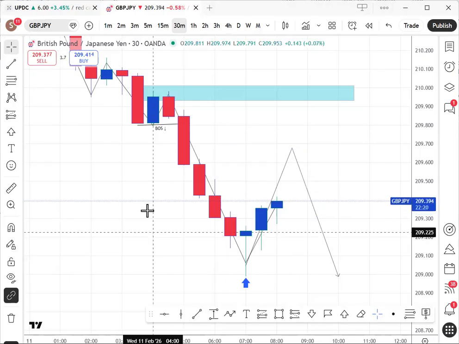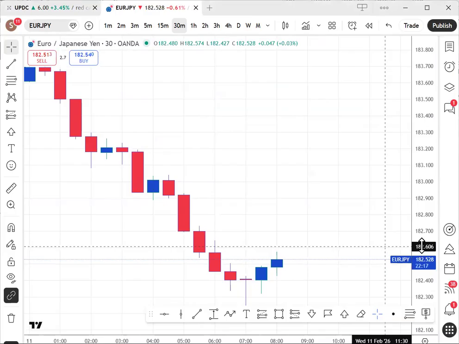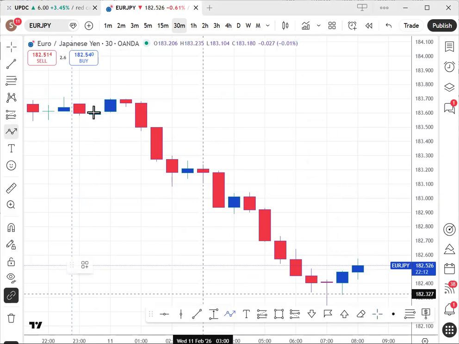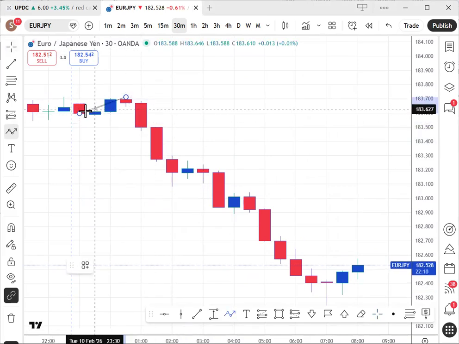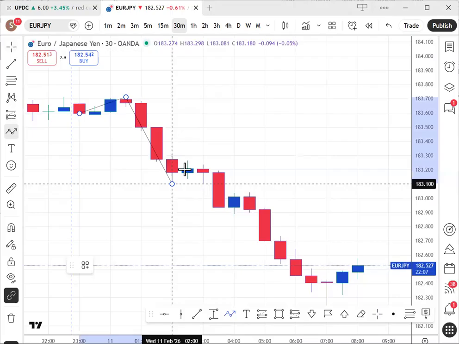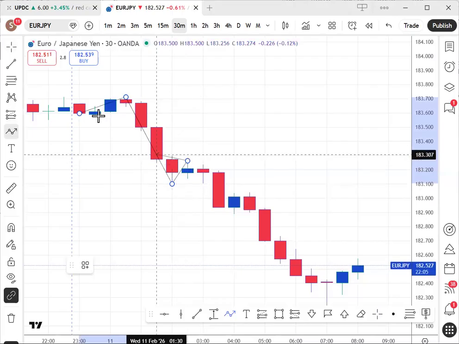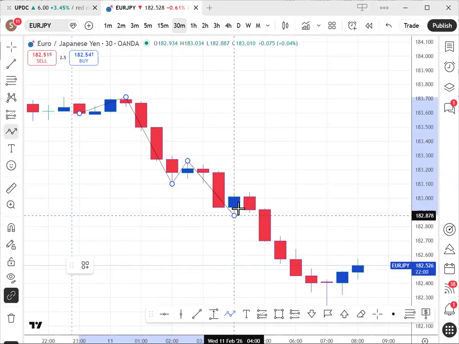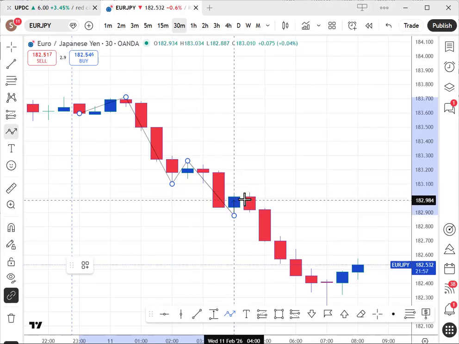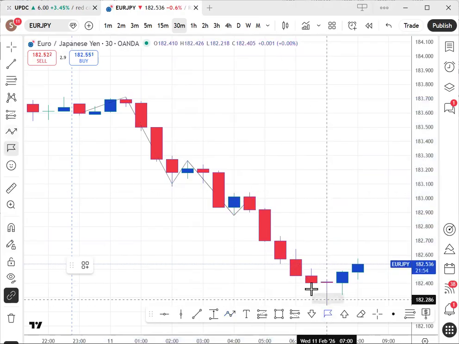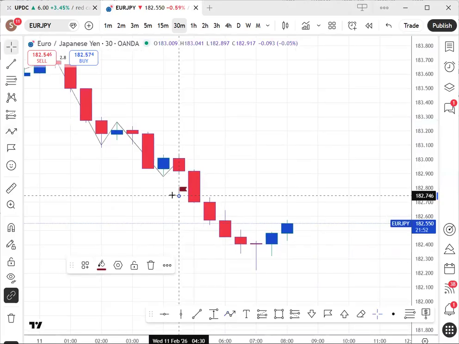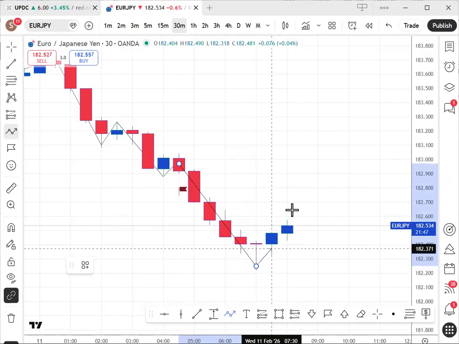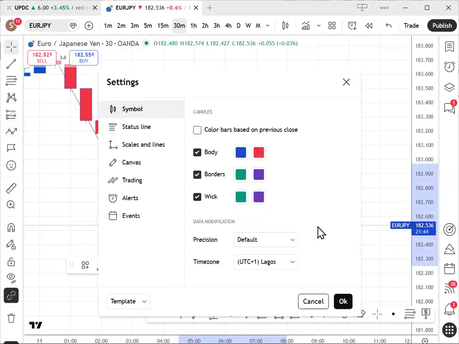So let's look at the next one, euro yen. Euro yen too is doing a very nice push down. Very nice trend. It started with up, a nice break of structure there, down to this level, a nice pullback. If you had your break of structure there, this is your first candle for entry. A push down again, pullback, you can see the pullback happening, and then it's pushed all the way down to this level here. Okay, so it's come down here. Now it's pushing back up. So price is right here.